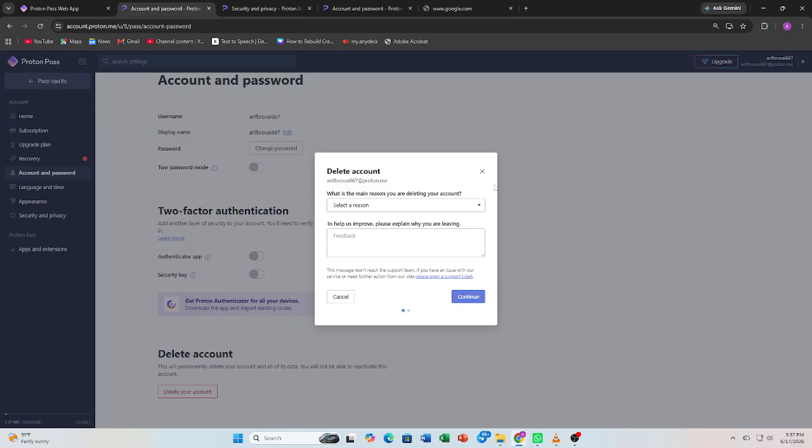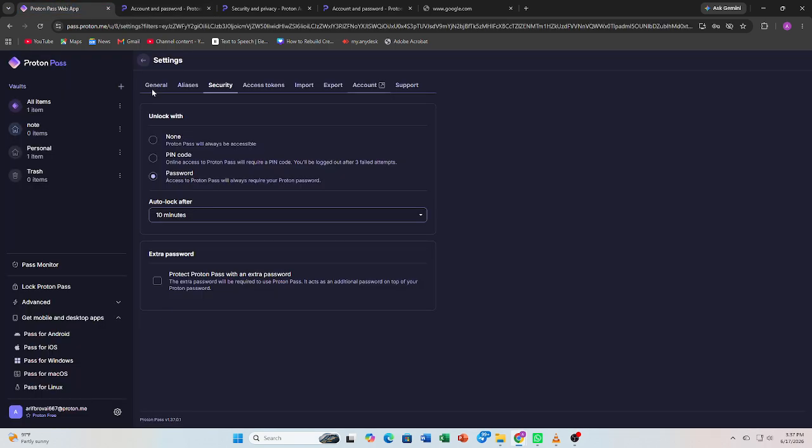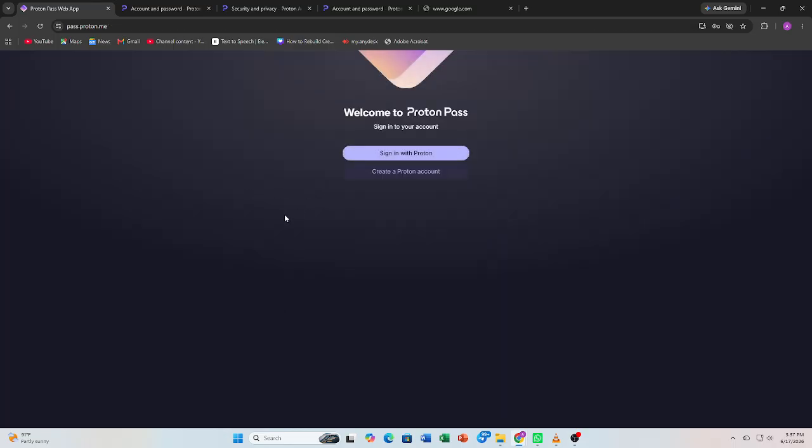Now wait for the system to process your request and permanently remove your account data. Finally, make sure you are logged out and that you no longer have access to your Proton Pass vault. And that's it. You've successfully learned how to delete a Proton Pass account. Your account and stored data are now